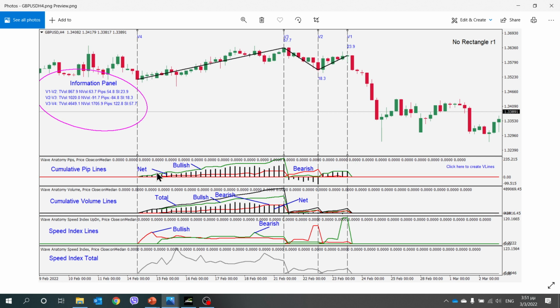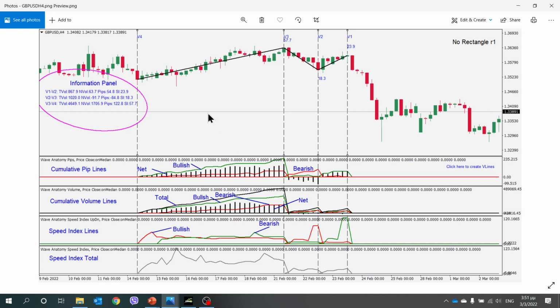It's shown here as the green line. So this is the distance of the bullish bars. The red line is the pip lines of the bearish bars. And the black histogram is the net, the subtraction of the bullish minus the bearish.